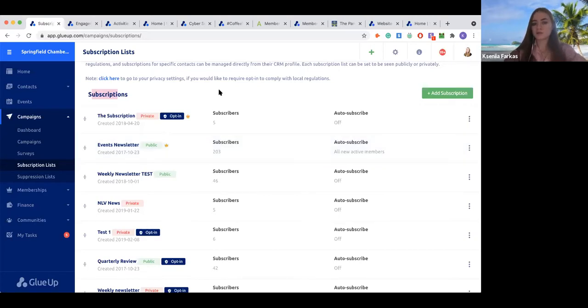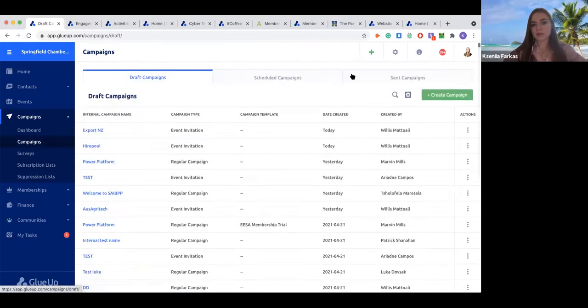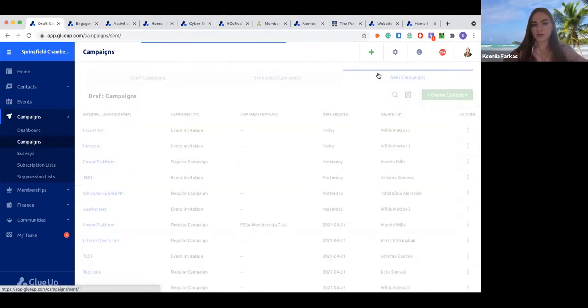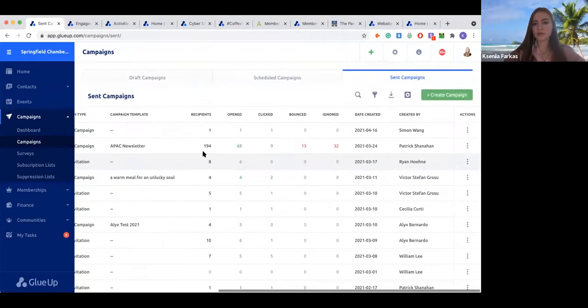Since most of the organizations are already up and running and have their own subscription list, you'll be able to import the existing subscribers using an Excel file. So you won't have to ask them to subscribe to your newsletters again. Now, every time you send a campaign, you will have all the analytics available in one place. You will be able to check how many recipients you had, how many individuals have actually opened your campaign, and how many clicks you've got. And also very important, you will see the bounced emails and the ones that have